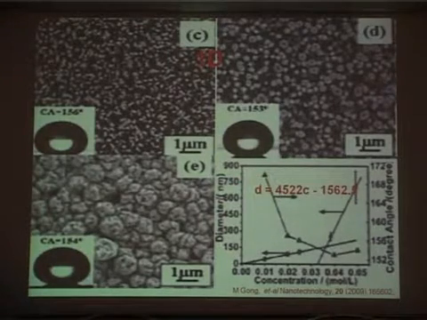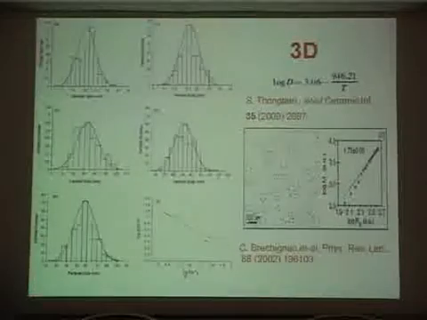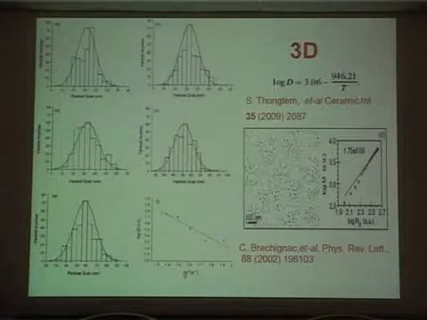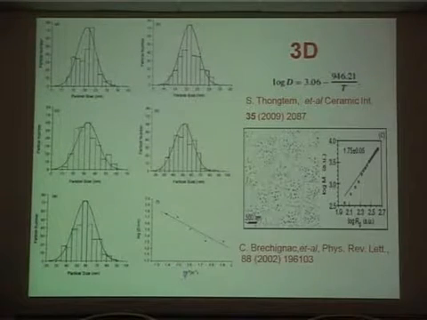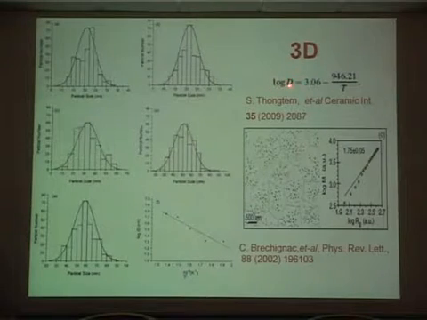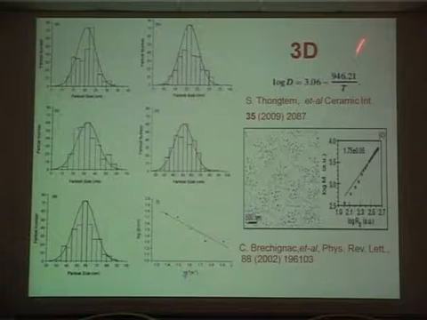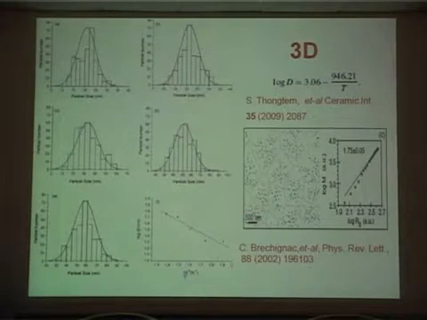These are the 1D cases, meaning nanopore and nanorods. Let us see the 3-dimensional case. In my case, I assume that nanoparticles are 3D. Again, I have taken the same paper, and they have formed the log D. The dimension of the nanoparticles forms 3.06 some factor divided by T, and it forms a straight line that I had shown you previously.